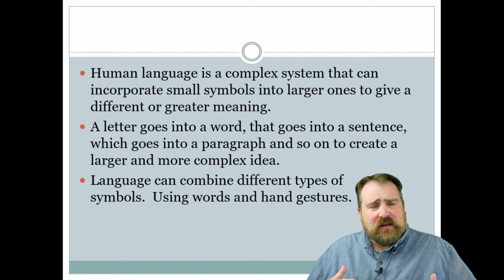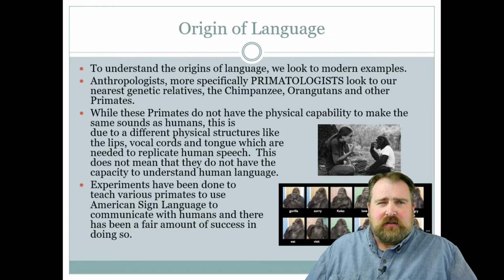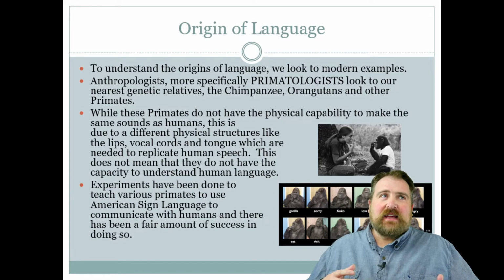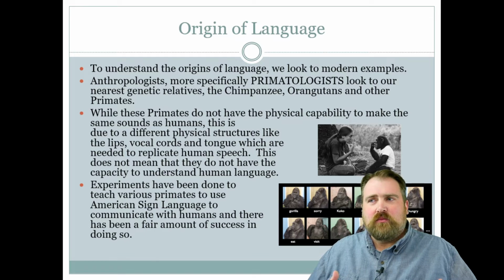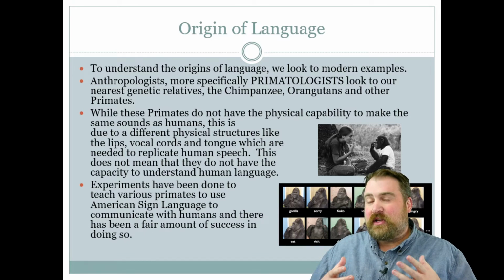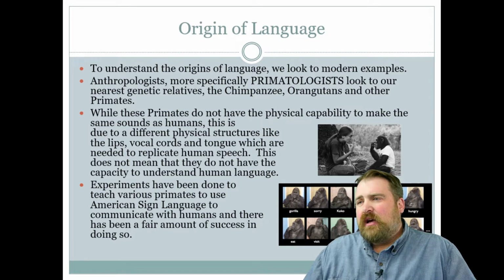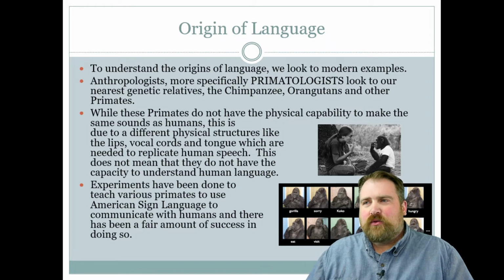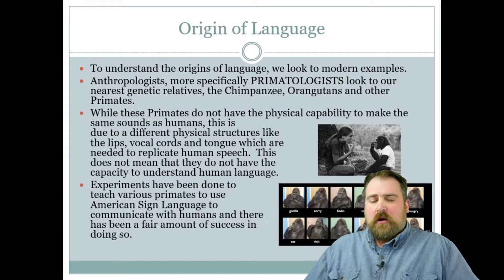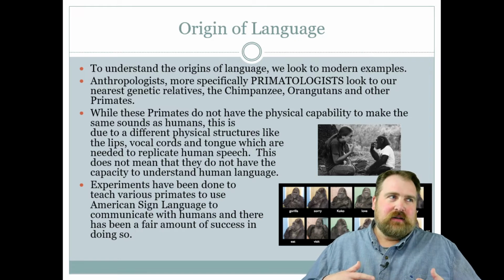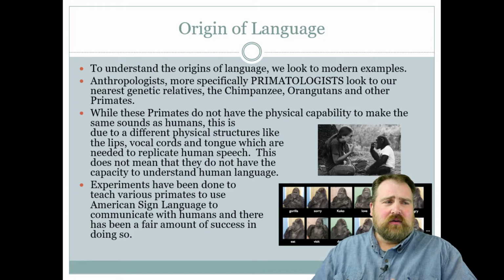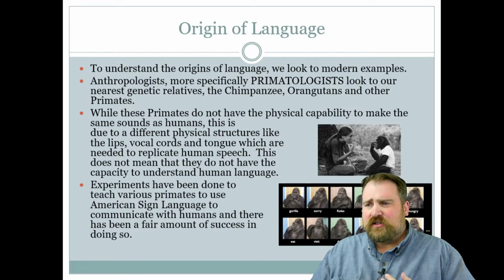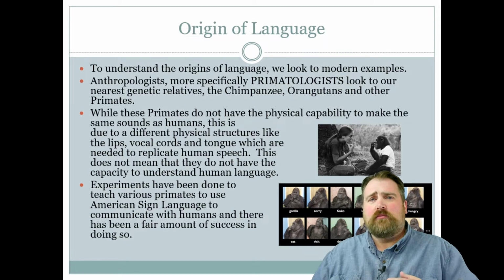And then, let's see, to understand how we deal with language, we want to study how the origin of language came about. One of the ways that we do this is through working with primates, and we teach primates different ways of conveying information. So in this case, we've got gorillas and chimpanzees, Coco being one of the famous